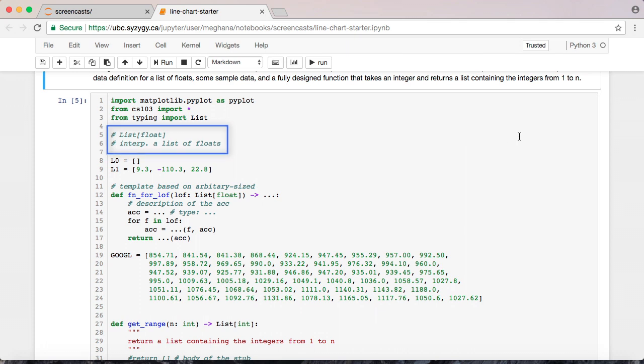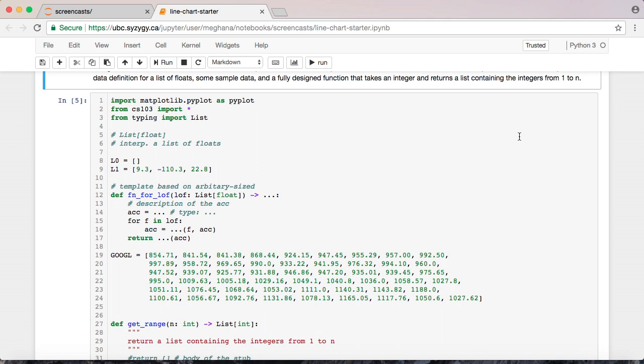At this point, I may also look at the examples so that I know how to form data of this type. But in this case, I think the data type definition and the interpretation are sufficient. I do not read the template now. If I am designing a function that takes a list of floats, I'll read the template carefully at that point. For now, I just need to have a high-level understanding of the new data type.